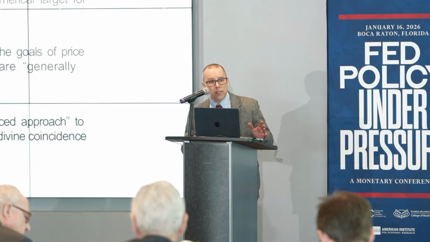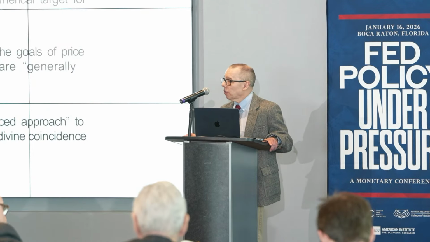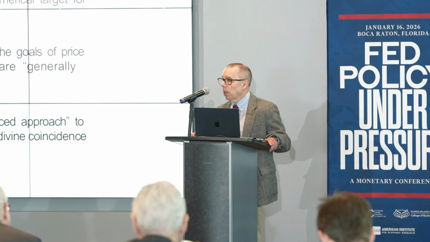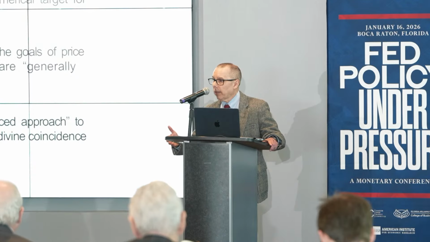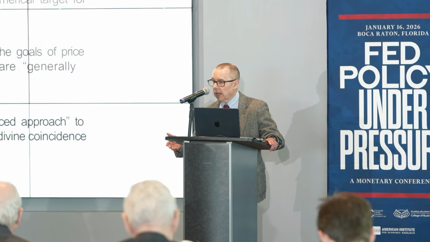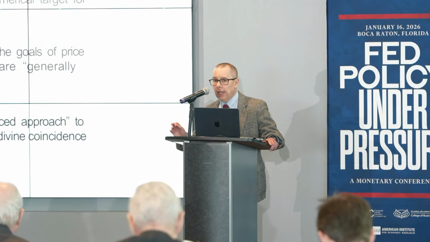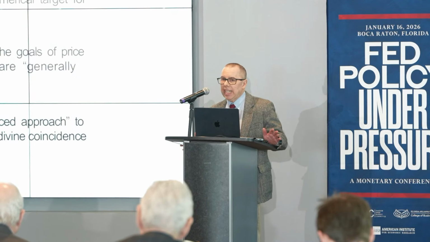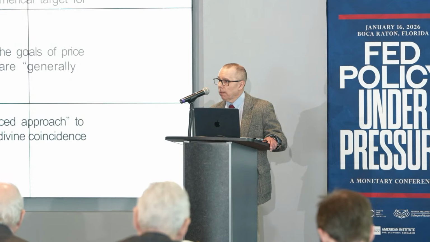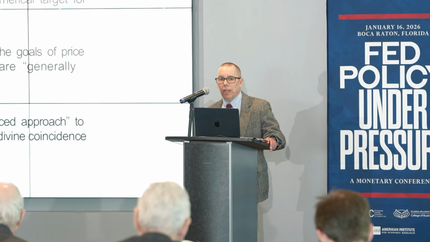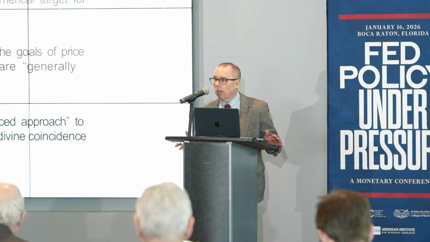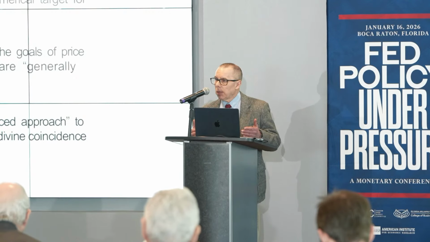So, for example, setting a numerical target for inflation but not unemployment. That's the natural rate hypothesis. The Fed can pick out any target it wants for inflation and hit it with a fair degree of accuracy over the intermediate term. It simply cannot do the same with unemployment. Acknowledging that the two sides of the dual mandate are largely complementary. That's just a restatement of what Will referred to as the divine coincidence.